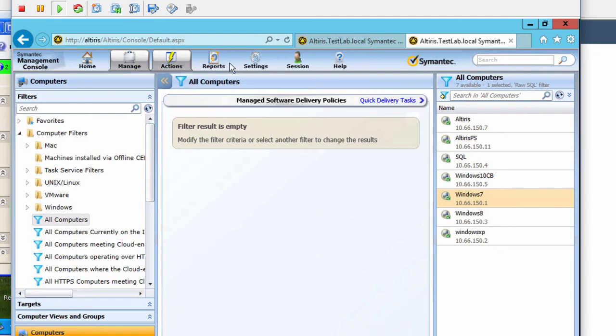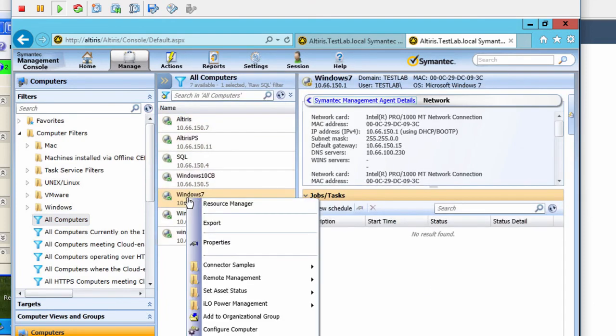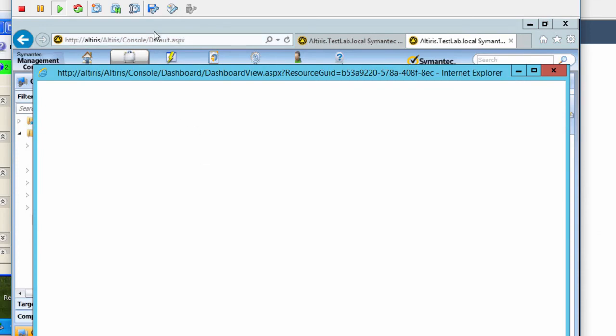So I hope that helped somewhat. We're going to end here. And next we'll start with inventory solution because you can't get anywhere until you start inventorying and get a lot of info in on these computers. And to give you an example what I mean by that, if we take our Windows 7 box and go in Resource Manager,